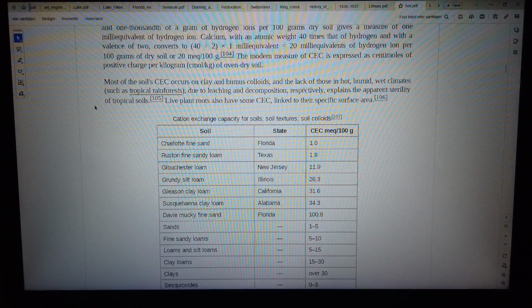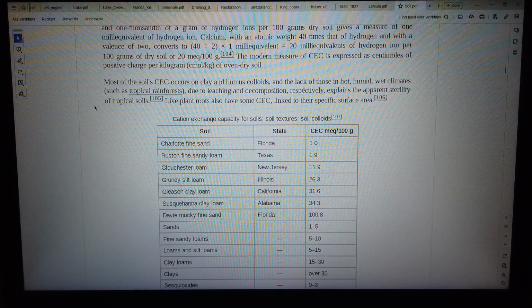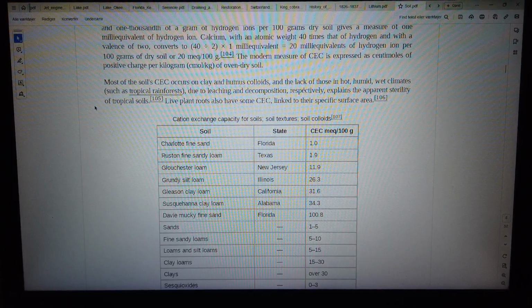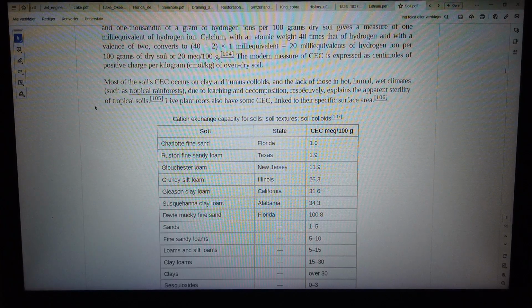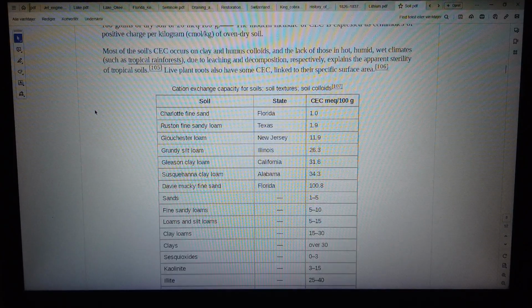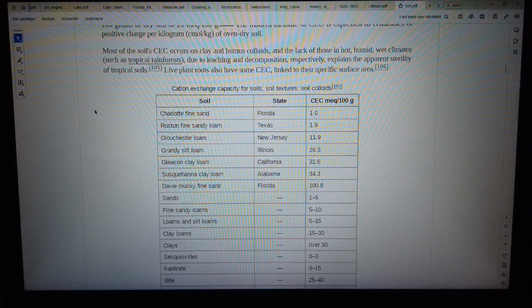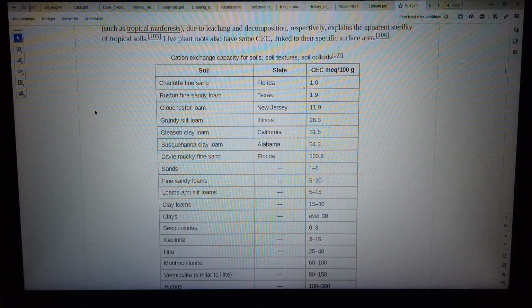106. Cation exchange capacity for soils, soil textures, soil colloids. 107. Soil, state, meq/100 g. Charlotte Fine Sand, Florida, 1.0. Ruston Fine Sandy Loam, Texas, 1.9. Gloucester Loam, New Jersey, 11.9. Grundy Silt Loam,